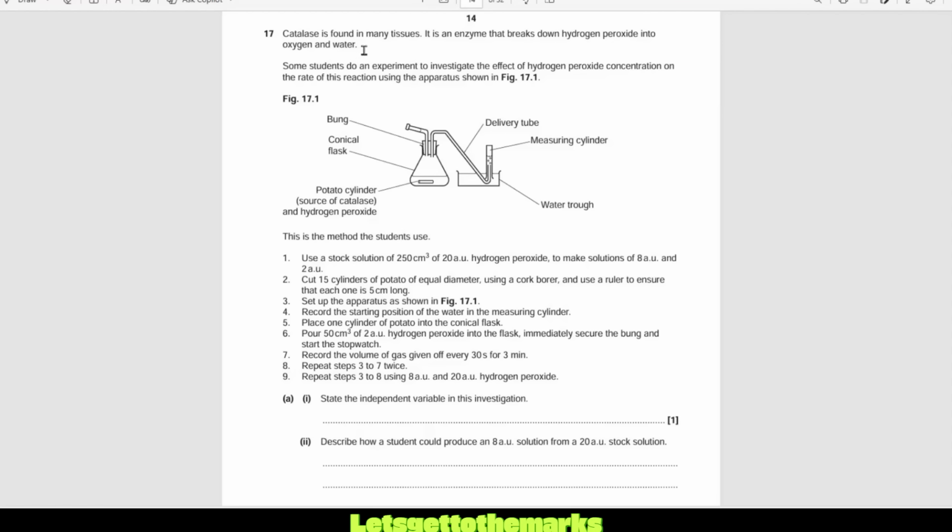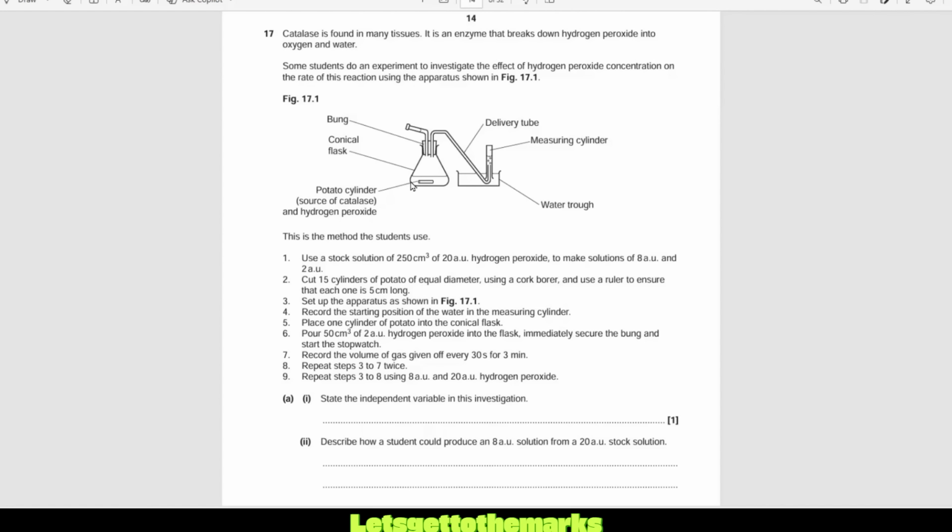Okay, question 17. Catalase is found in many tissues. It is an enzyme that breaks down hydrogen peroxide into oxygen and water. Some students do an experiment to investigate the effect of hydrogen peroxide concentration on the rate of reaction using the apparatus shown in figure 17.1. You can see here we've got a bung, we've got a conical flask, there's a potato cylinder in there, which